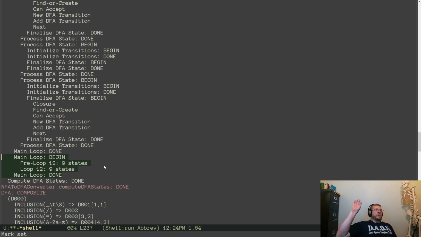We start it with our NFA start state, and we say anything we get to from here is in this state. And for each thing in that state, you say, what's the next place I can go? And those are the transitions. When you make a transition, you take the NFA state you use to make that transition, and you start that as the seed to our next closure. That closure is everything I can get to. So you just keep iterating through, and when you create a new state, you then have to go through the whole loop again.